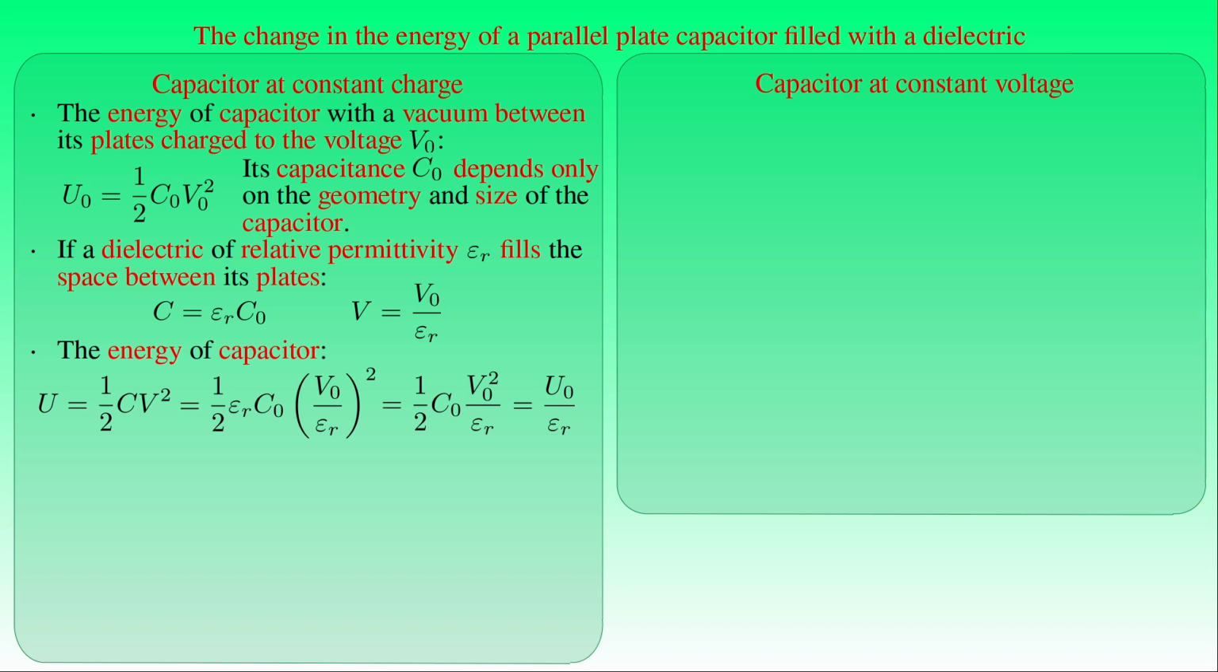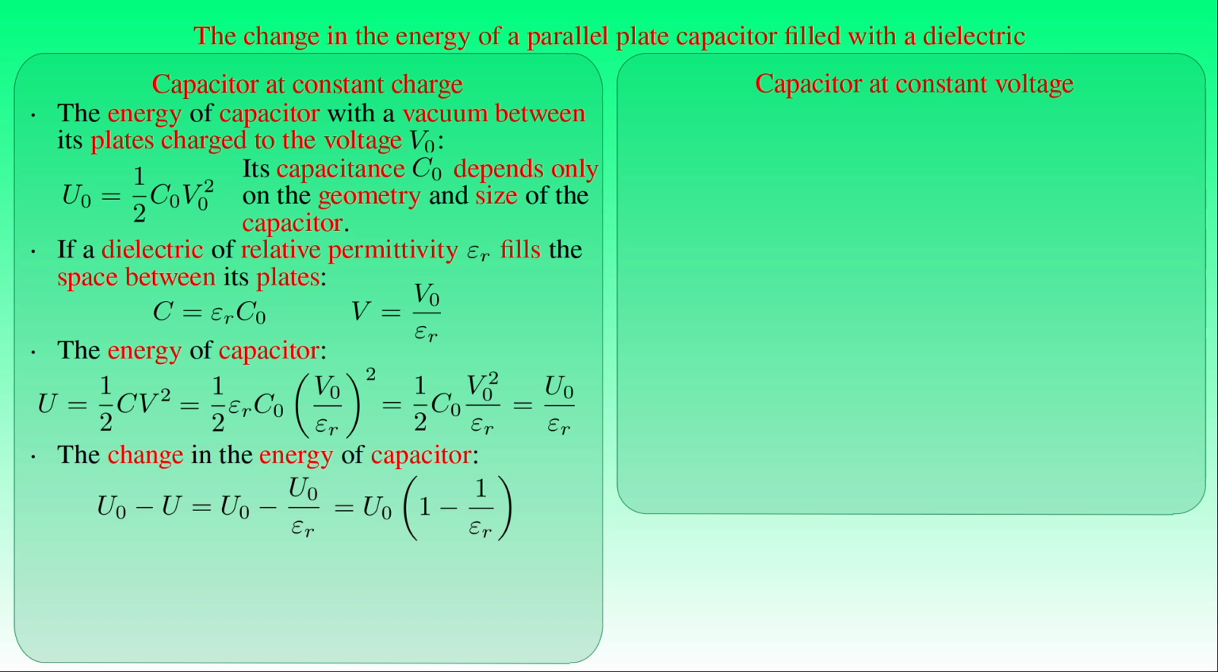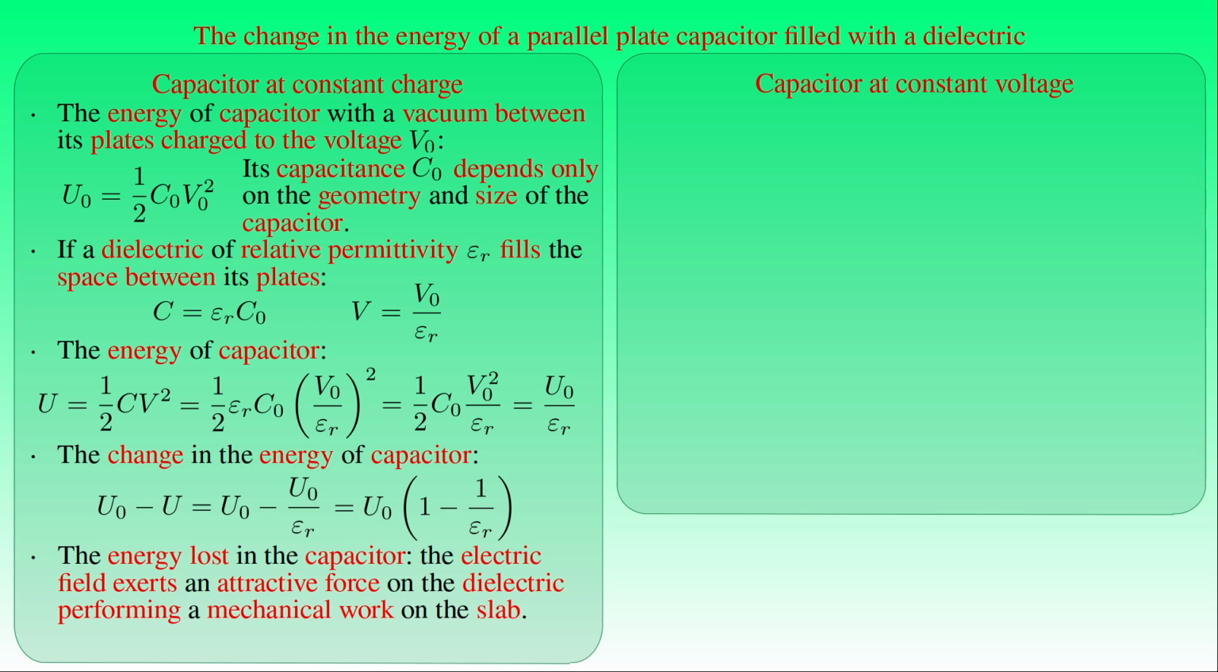Now we determine the difference between the potential energies U0 and U, which is equal to U0 minus U0 over epsilon r. Then the change in the energy of the capacitor can be written as the potential energy U0 of the capacitor with a vacuum or air between its plates, times 1 minus 1 over the relative permittivity epsilon r of the dielectric material. Here the multiplication factor of U0 is always positive since the relative permittivity is greater than 1 for any material, that is the energy of the capacitor is reduced by the dielectric slab inserted into the space between its plates. Hence, the difference in the potential energy represents the energy loss of the capacitor which is